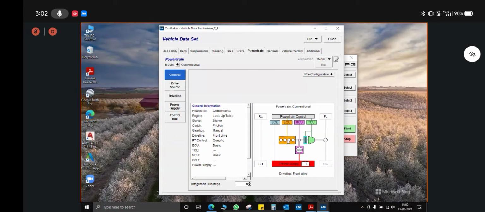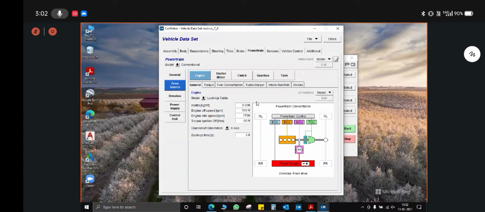Okay, so this you can use to directly jump to any of the parameters that you want to edit. MBAHA teams, MBAHA powertrain I am taking here first. Conventional reconfiguration, also you have to select conventional. Now go to the drive source. In the drive source, you have the engine. As was the case till last year, all the engines for all the teams are fixed. The same is the case for this year. The engine is fixed for all the teams.